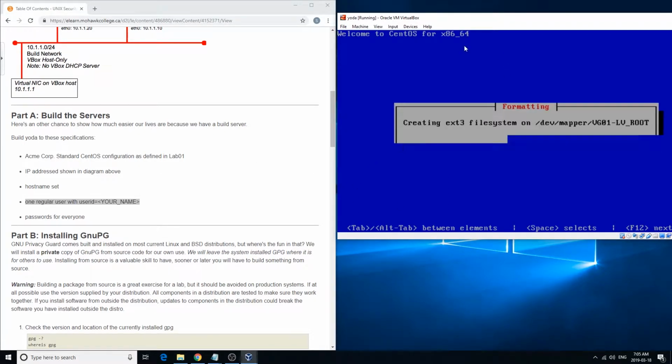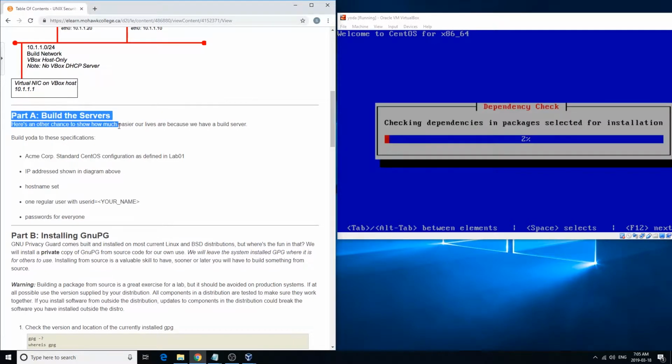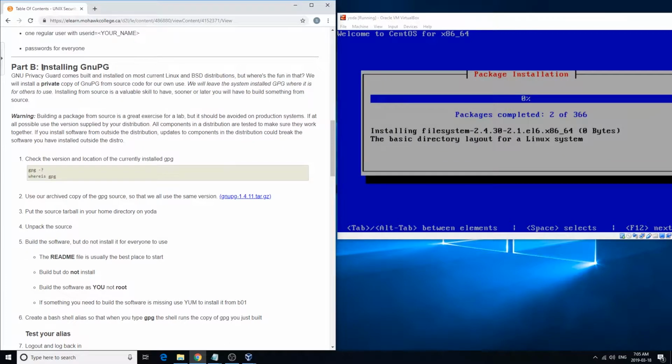Okay, so I'm just going to move on and explain what we're going to do. We just completed part A, so we're going to move down to part B. And what we're going to be doing is we're going to be installing GNUPG. So one thing you need to know is GPG is already in our virtual machine. So once this loads, you can see that this is something that's already in our virtual machine and we can use it. But for the purposes of this lab, we're going to actually use an older version of this,